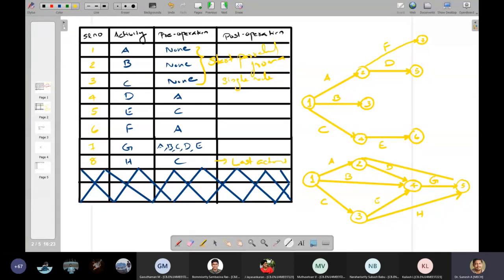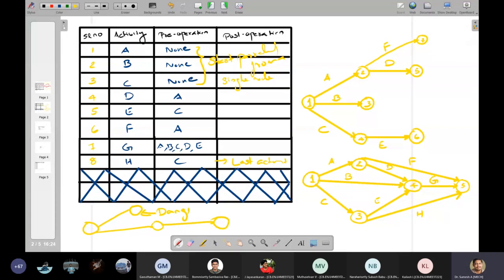If I keep anything open like this on a network separately without any connections, this is called dangling, and it should be avoided.